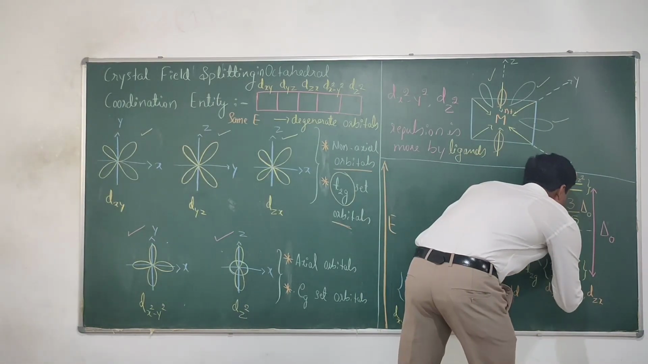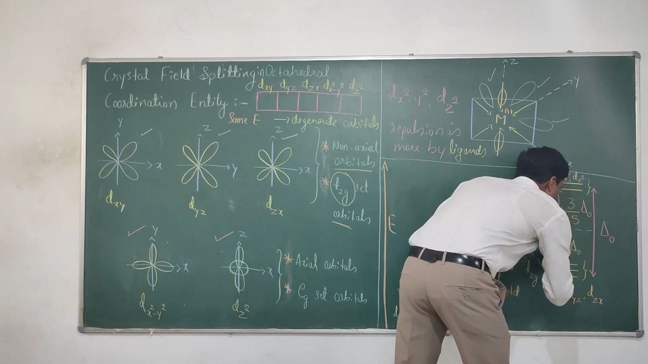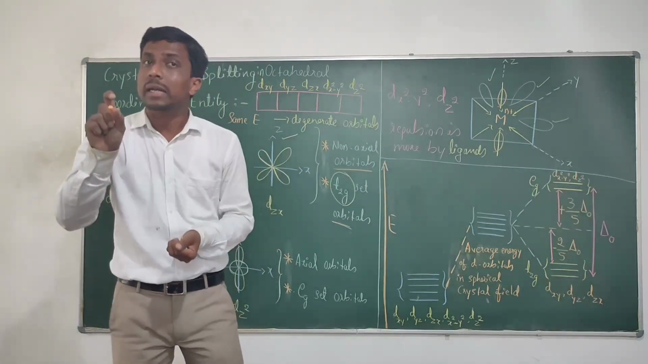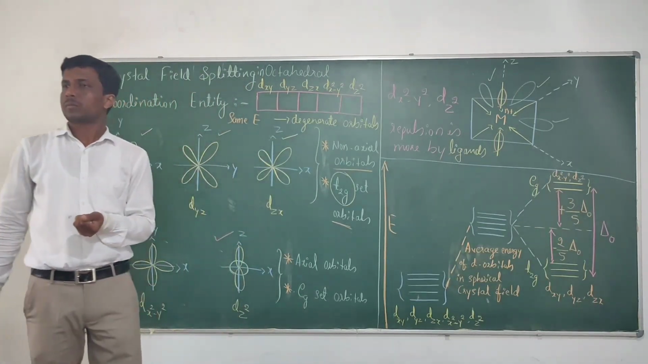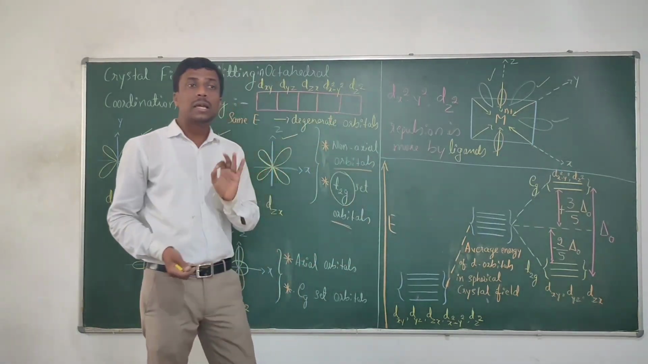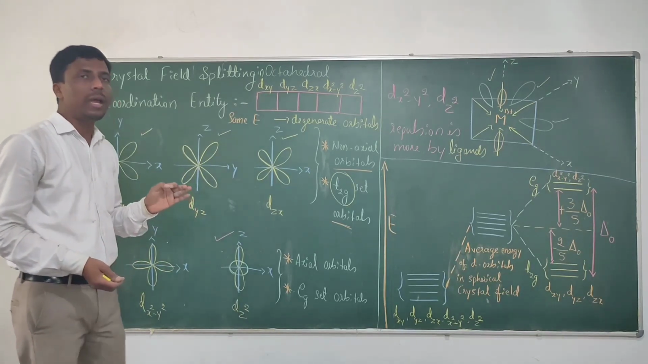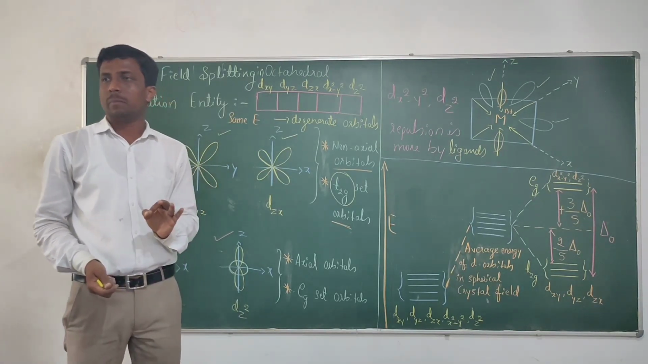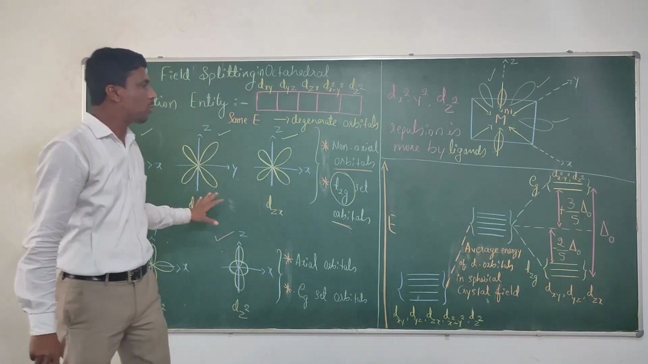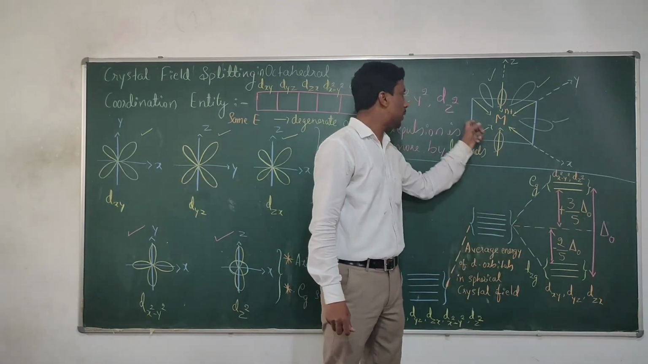That is represented by 2 by 5 into delta O. It is minus 2 by 5 into delta O. Minus is indicating the decrease in energy. This is what? Crystal field splitting in octahedral coordination entity. Please remember what questions will be asked regarding this concept. Okay, you have to explain only this diagram if you are asked in the examination, not this one and not